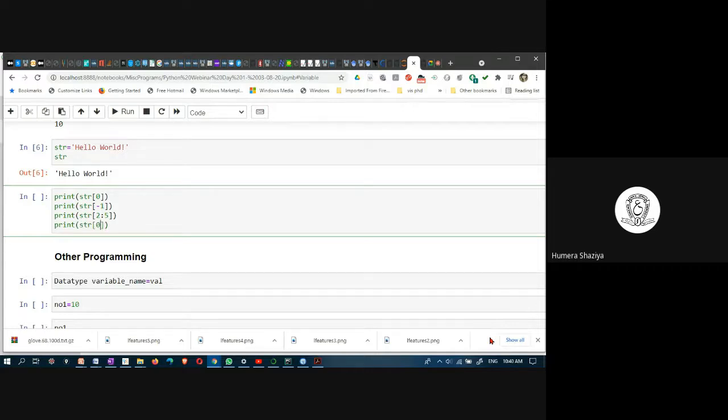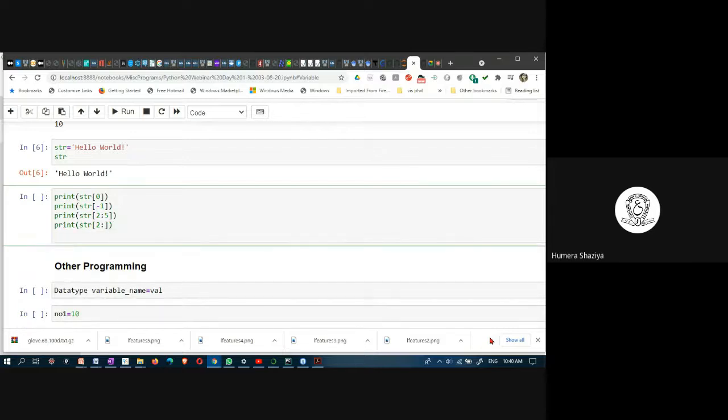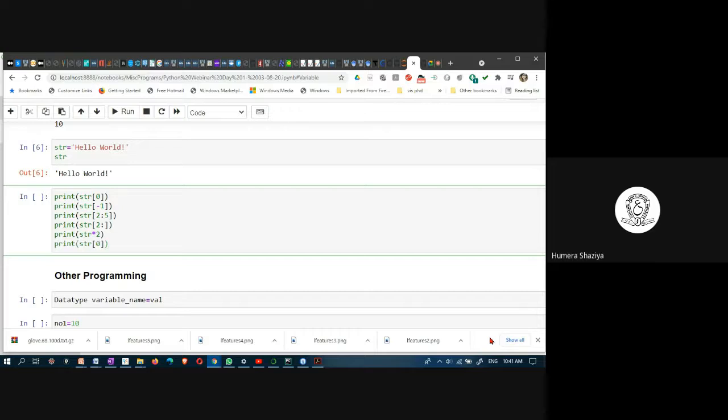Then print str of 2: nothing, means till last. Str into 2, this is repetition. Str plus, concatenation. Python. Okay. Let us now execute this code cell.